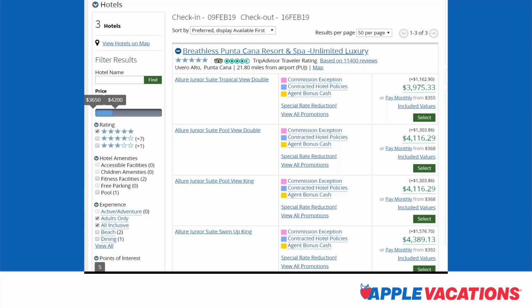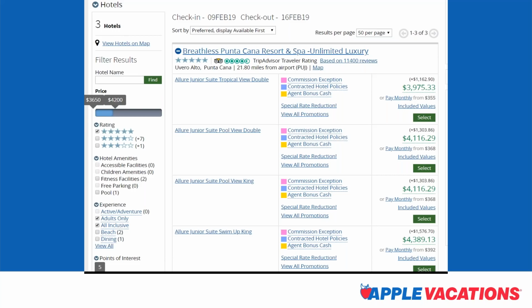You can clearly see everything that is an advantage to you to booking it, because there's some agent bonus cash available, maybe some extra features for your clients, and all the prices there are package prices included with that air that we initially chose from that charter destination search.